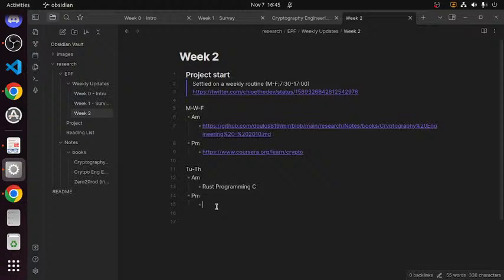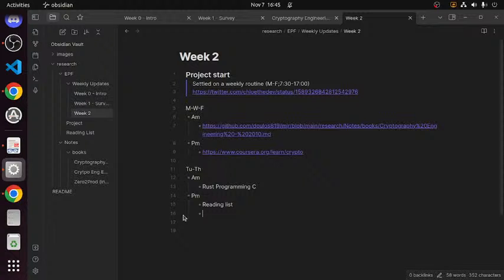So generally, papers, I have a reading list that I'm going through. So maybe reading list. There's so much on the reading list.